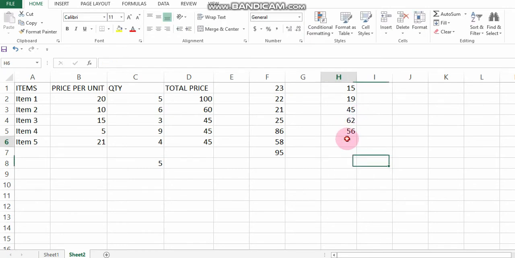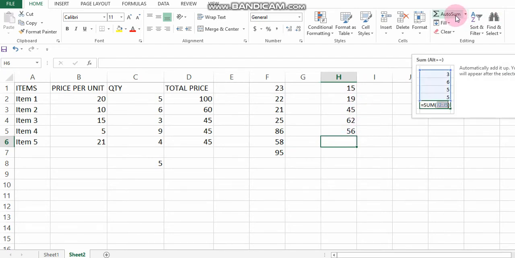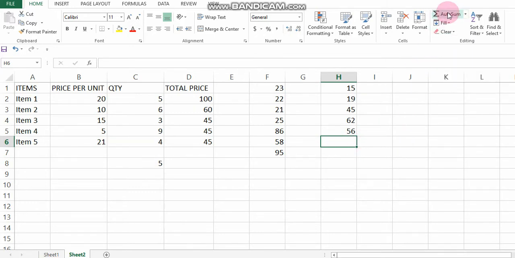So either you type, like we have done in this example, or you click the auto sum button. It will by default take the sum function. So instead of this also, when I press it, it will give you this result, right?